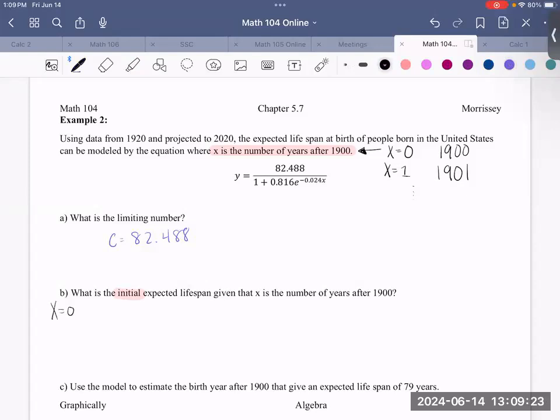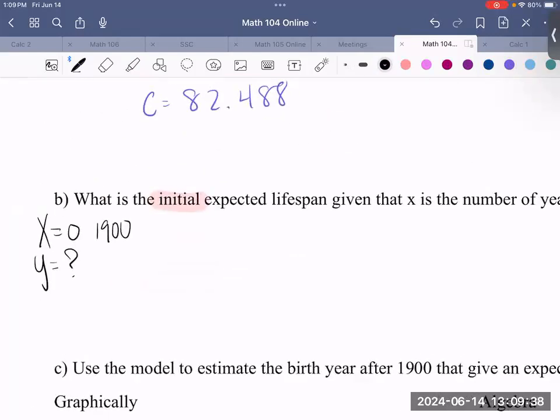When x is equal to 0, what is y? So at the very start, what was the initial lifespan? In order to do this, we can do one of two things. We can put it into your calculator and use your value when x is equal to 0 and figure it out that way, which I'll show on Desmos. Otherwise, algebraically,